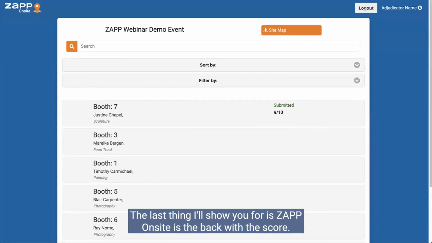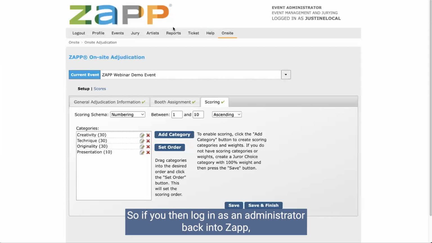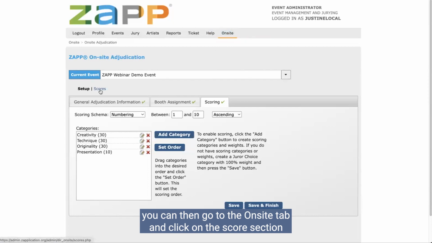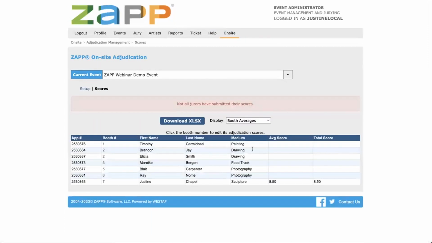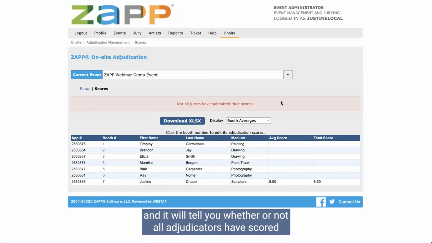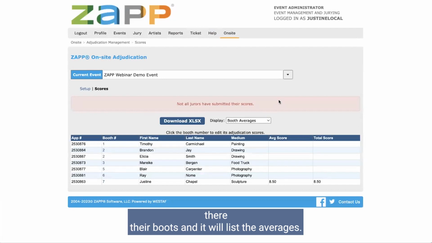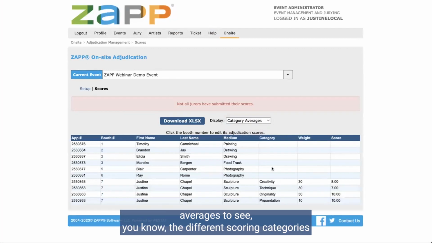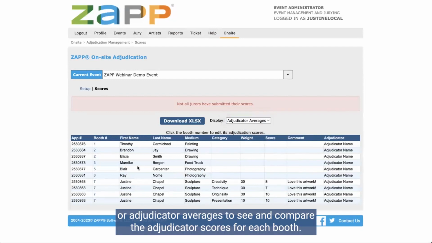The last thing I'll show you for ZAPP Onsite is the back end with the score. So if you then log in as an administrator back into ZAPP, you can then go to the Onsite tab and click on the score section. And you'll see this is the score we gave just now. And it will tell you whether or not all adjudicators have scored their booths. And it will list the averages. You can show it by booth averages or by category averages to see the different scoring categories, or adjudicator averages to see and compare the adjudicator scores for each booth,